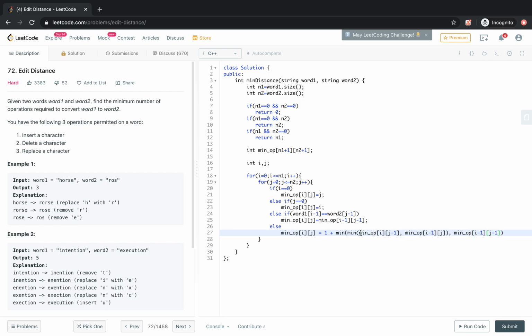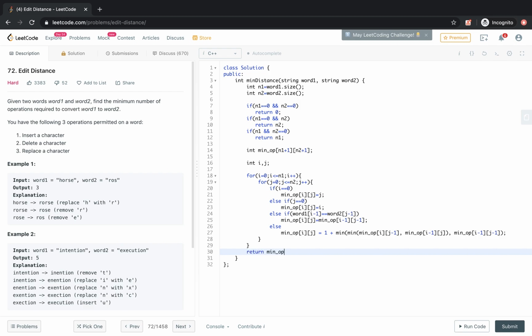So out of these three possibilities, either we can insert, remove, or replace, the three possibilities that we mentioned here. Whichever operation is minimum until the previous subproblem, we will consider that result for the current subproblem, and in this way we will fill up the table, and after filling the table we will just return the final value.